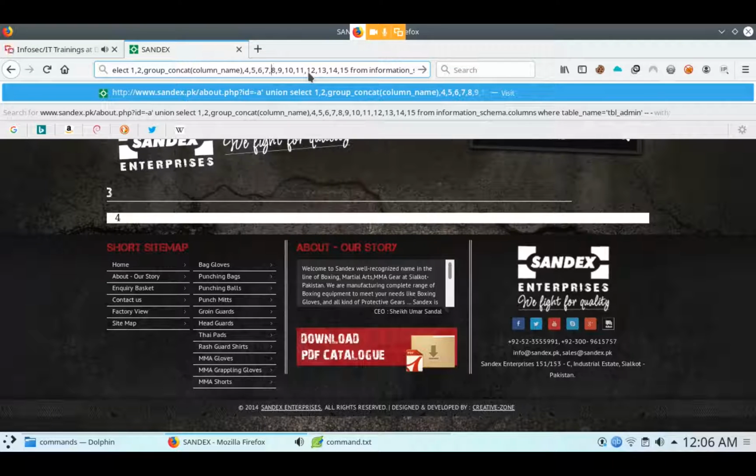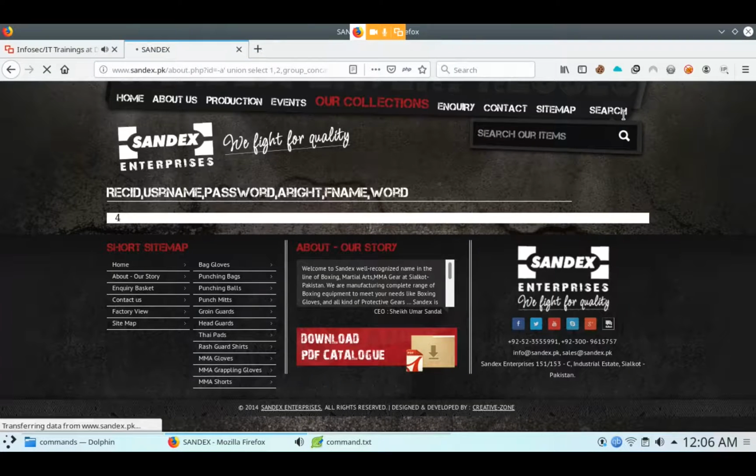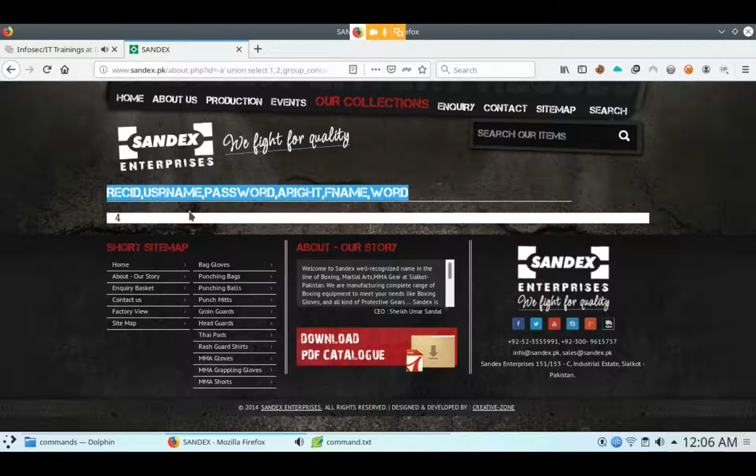I want to find the column from the table, and the table name is table_admin. Is it clear now? Okay, sir. Hit enter. Then you can get much more information: username, password. Then here you can get the username and password also, and you have to crack this.